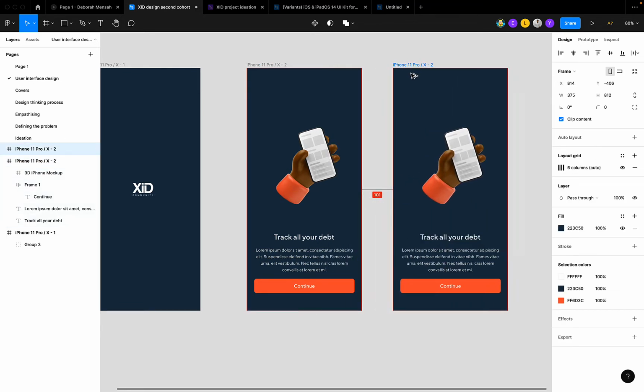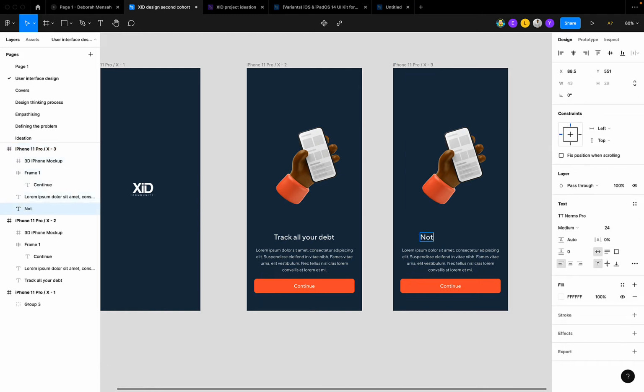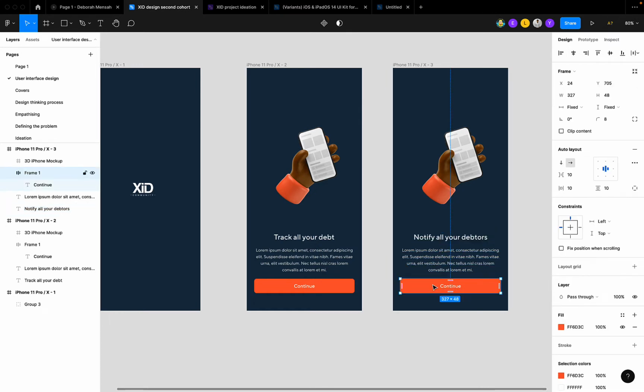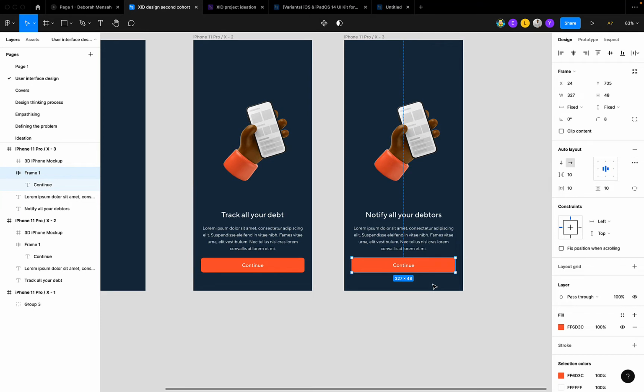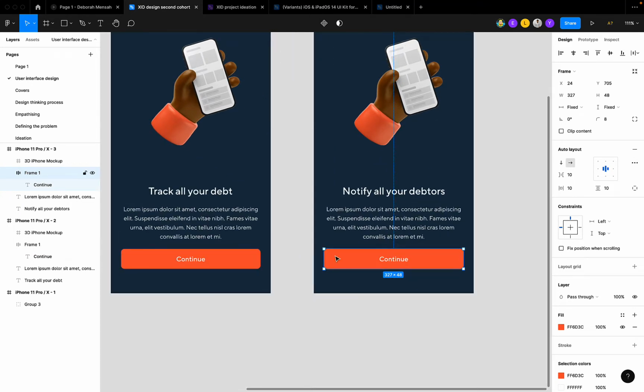We will want to create another one where maybe this thing changes. Maybe you see for some applications they have multiple introductory text. So track all your debt payments, notify all your clients, notify all your debtors. All right, and then we can center these. This should just be centered over here. And then because this is in front and this is at the back, that means there become two options. You can either go back to view what was in the past, or you can go forward to view what is next. So how do we do that? We can just